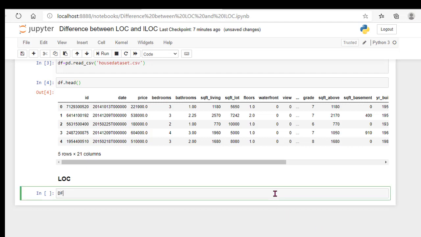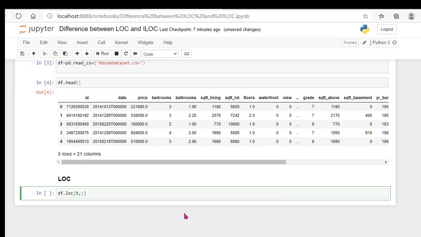So now df.loc. Here we don't use parentheses, we use square brackets. In the format of the loc command, the rows we will give first, for example 0. Then we specify the comma, that is 0 is for rows, and a colon I am going to give, that is all the columns I want to print.